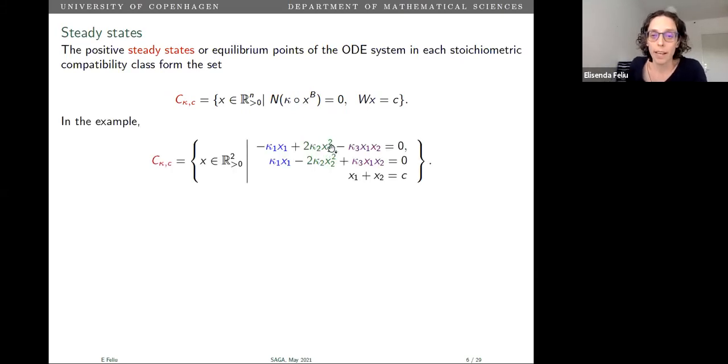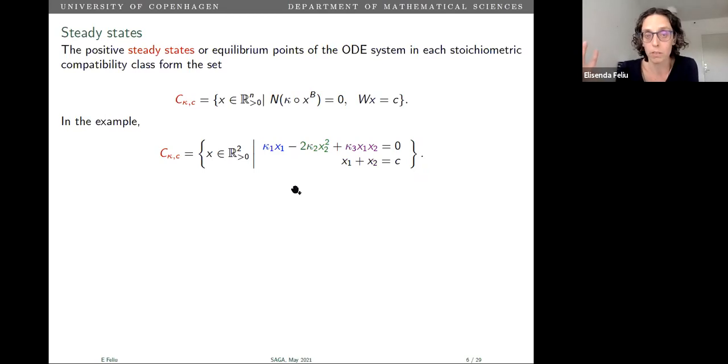And in the example I had, it would be this system, right? But every time I have an equation like this, it's because I have a zero linear combination of the equations coming from the steady states. It means I can get rid of one equation, right? So for each equation in Wx equals c, I can get rid of one equation here. And in the end, I end up with a square system in the sense that I have as many equations